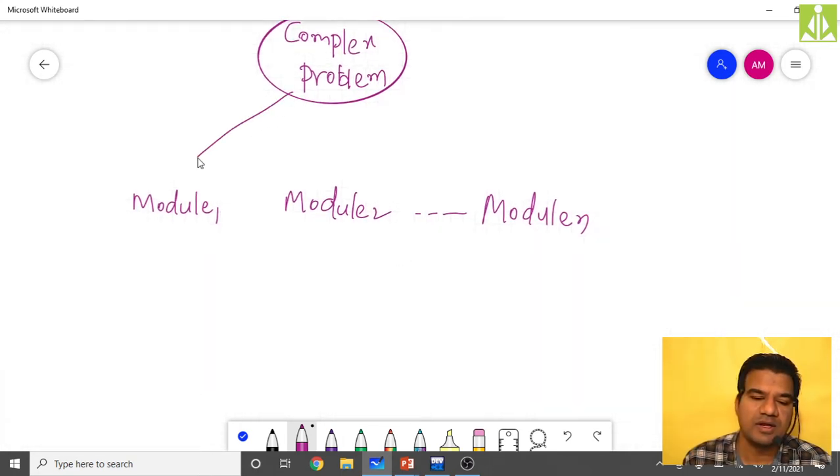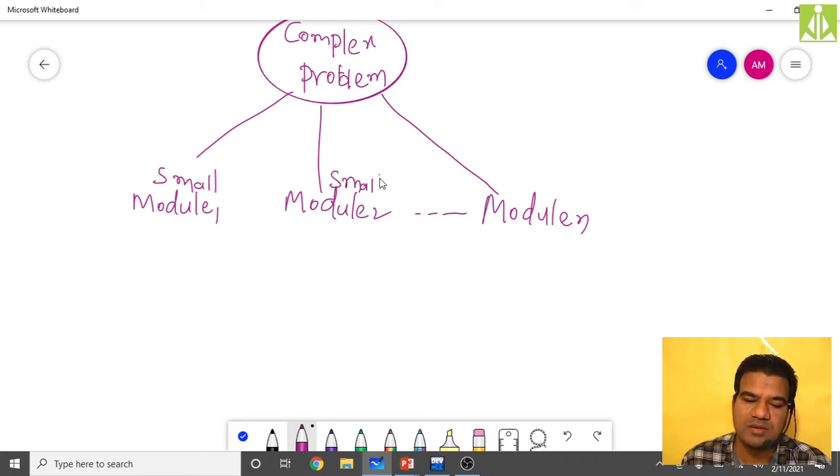Now it is subdivided into multiple parts, multiple modules. These are small modules, not complex now. It is an easy module, we can say. Small module 1, small module 2, small module n. Like that, they are easy small modules.